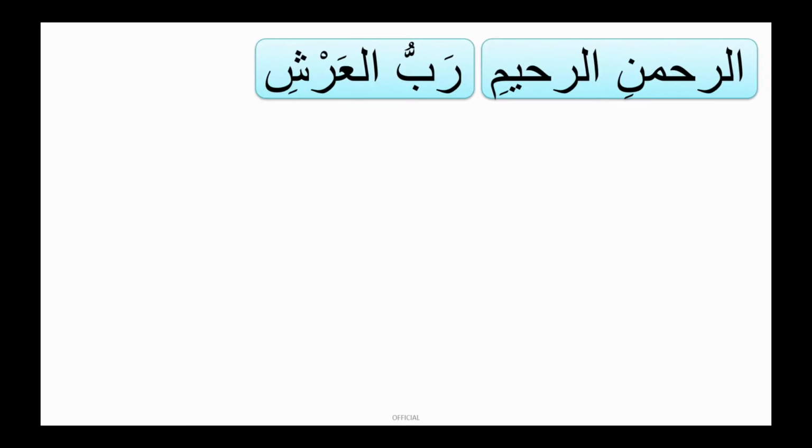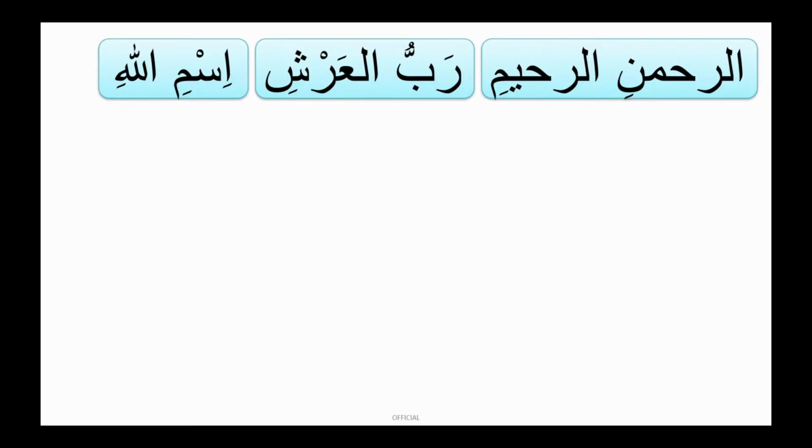What about this one? Rabbul Arshi. So the first ism is Rabbu. Is it light? Yes. So it can be a candidate of Mudaf. Is it starting with Al? No, it's not. So now we have a second assurance that it can be. Still we are not sure. Now let's check the next word. Is it in jar? Yeah, it is. So this would become a Mudaf and Mudaf ilayh. So in translation you would say the Arsh of the Rabb, or the Arsh of the master. Is it clear?